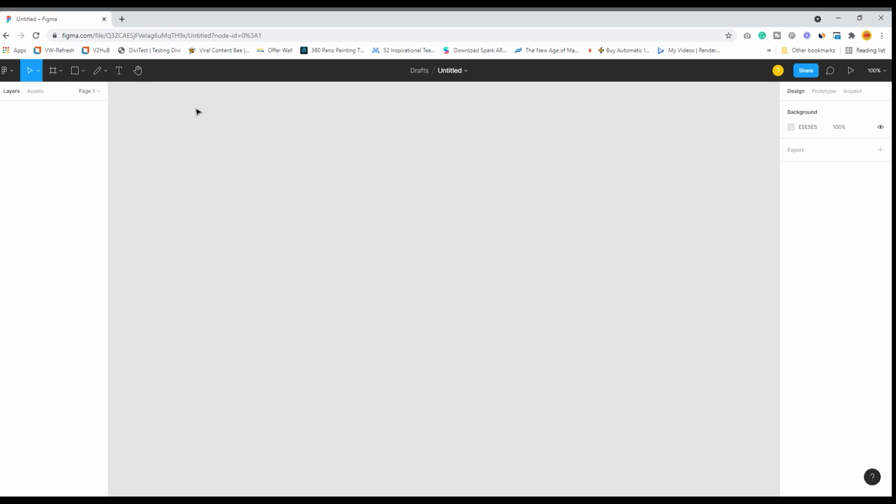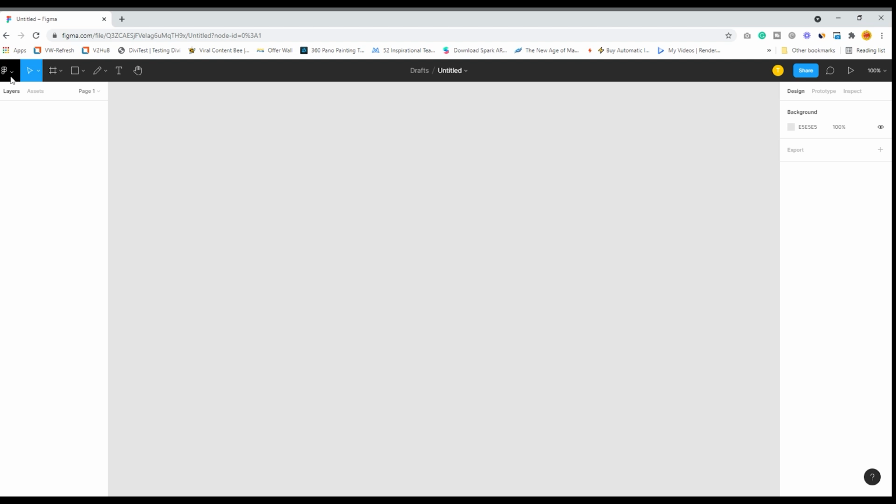This is a new interface. Previously, you had this comment tool also in the left hand side. So they have segregated the interface in the new version of Figma. What they have done is put the essential tools in the left hand side, and the sharing related stuff and the prototype related stuff in the right hand side.